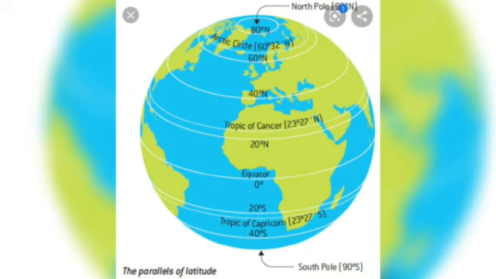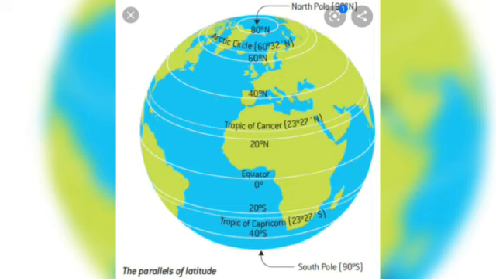This is important because the sun is overhead on 21st June, which is the coming date, when it will be the longest day in the northern hemisphere. Then we have the Tropic of Capricorn at 23.5 degrees south. This is the southernmost limit of the apparent, the unreal movement of the sun.